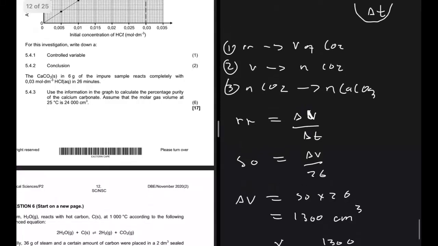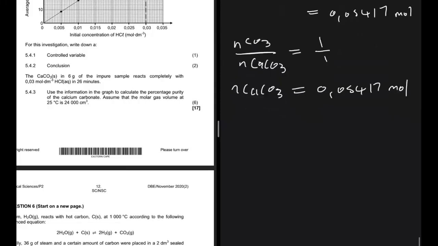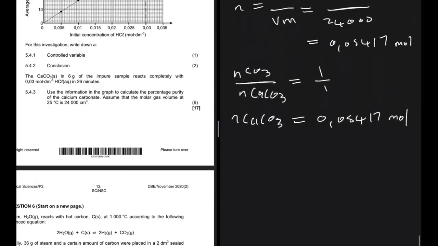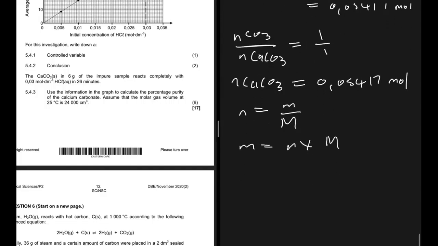So now we've done step 2 to calculate the number of moles of CaCO3. Now we can take a formula and calculate the mass of CaCO3. So we know that the number of moles equals mass divided by the molar mass, right? And then we want the mass. So the mass will equal the number of moles multiplied by the molar mass, which equals